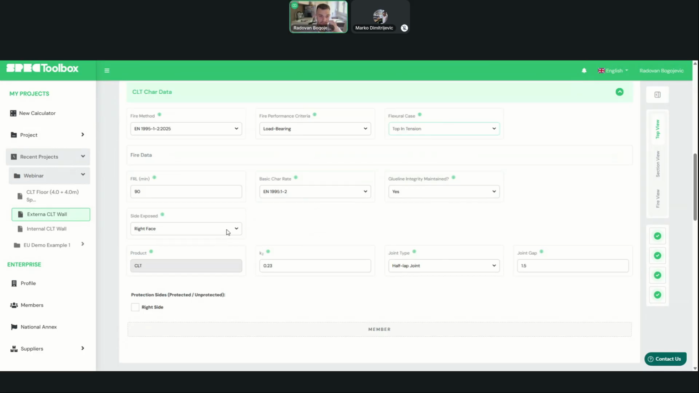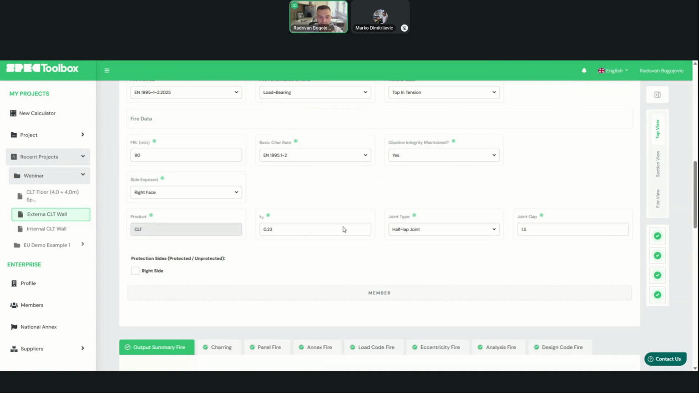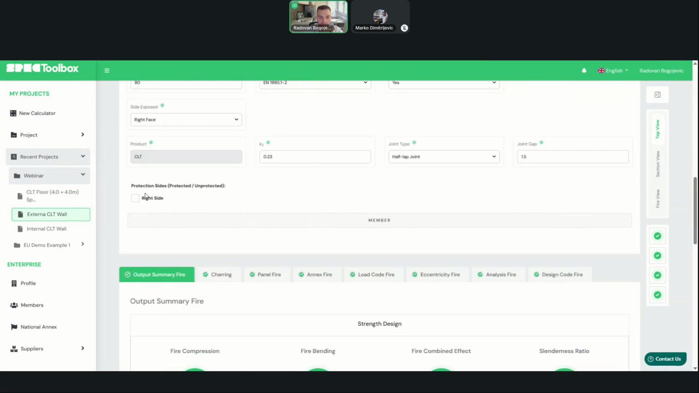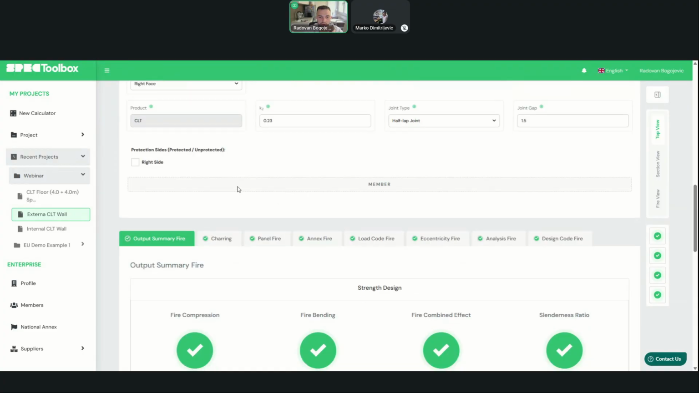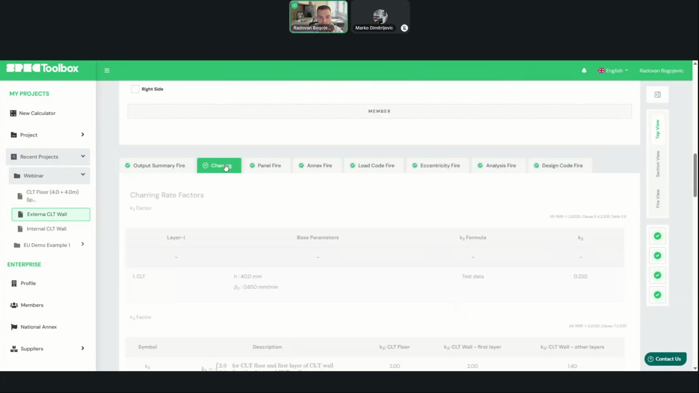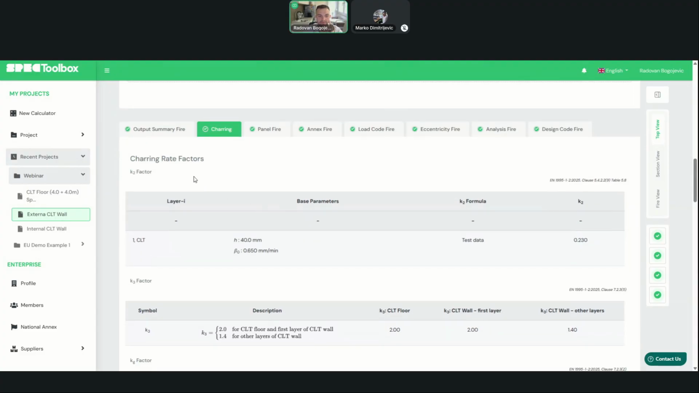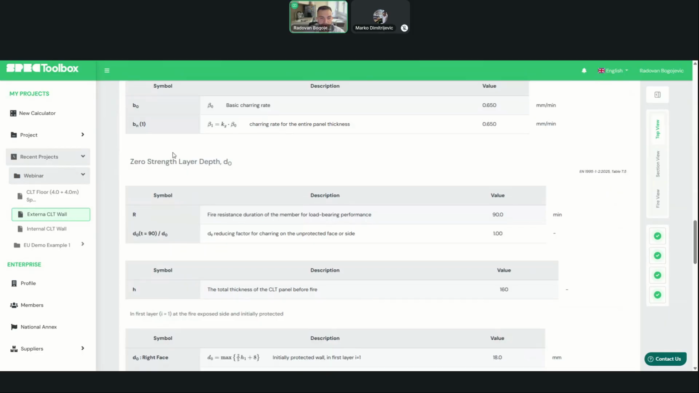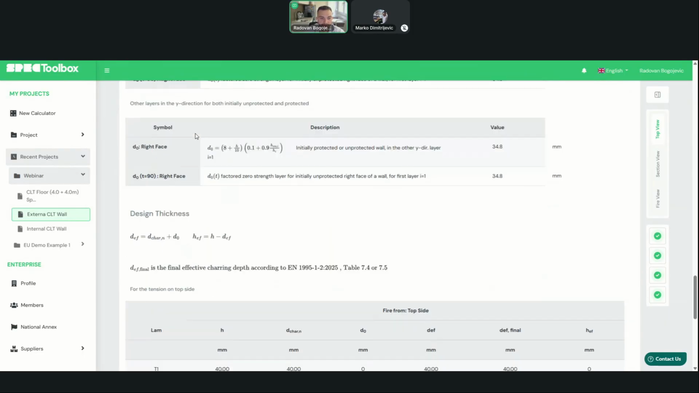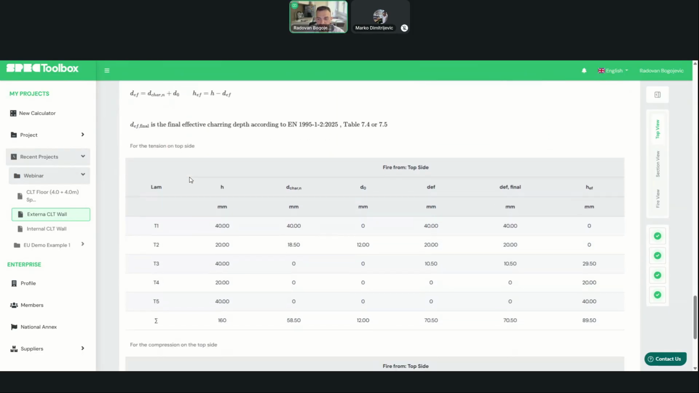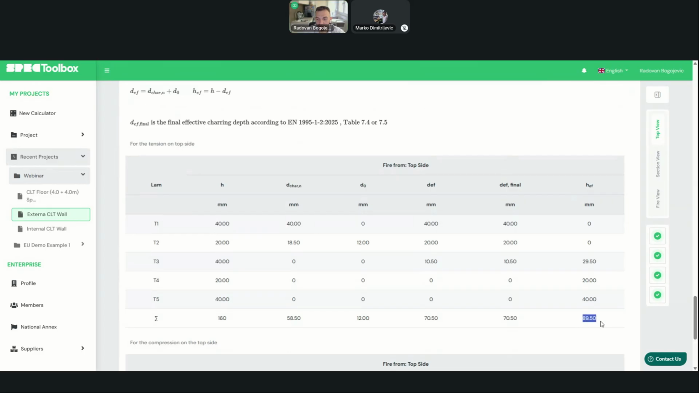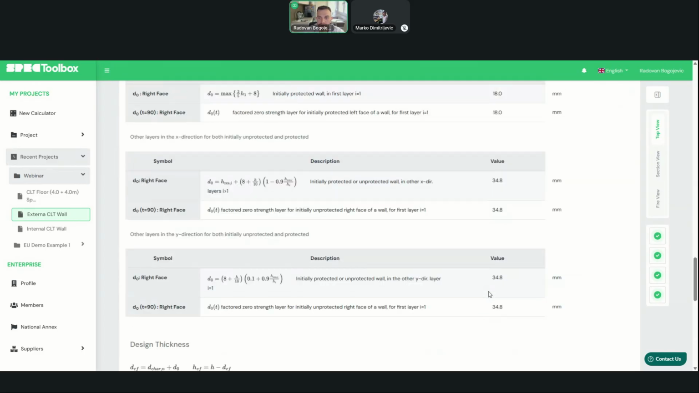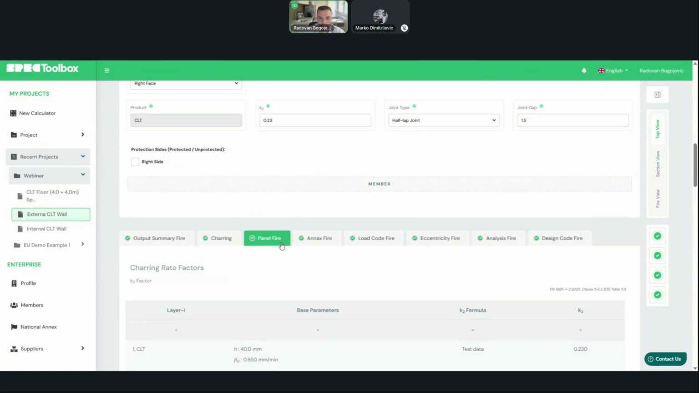It is exposed to the right face at this moment, just the interior face, and we don't have any protection yet. We'll show the protection in the next example for the interior wall. And now we can go to the charring. So we have the same, all the factors shown, the charring rate, the zero strength layer, also the design thickness, how much is left of the charred member,